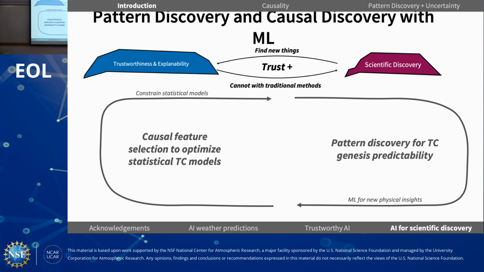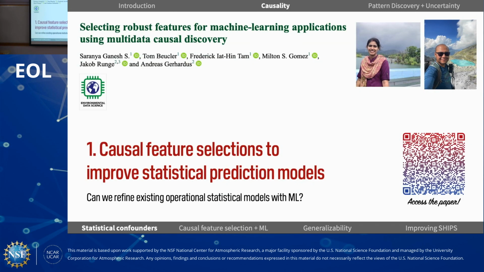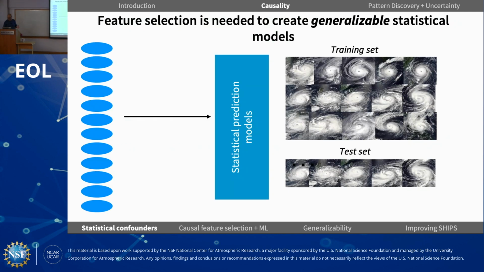So in terms of the first project, this is a collaboration with one of the former postdocs in the group, Shanaya Ganesh Studish, and myself. This paper is published in Environmental Data Science, so you can access this paper with this QR code. The idea is to refine existing operational statistical TC models with ML. One thing that is worthwhile to note is that feature selection is very useful and very needed in terms of building statistical forecast models. So you might consider a situation where, for example, you start from ERA5 data, you have tons of variables to choose from, and maybe you want to directly use all of them to predict